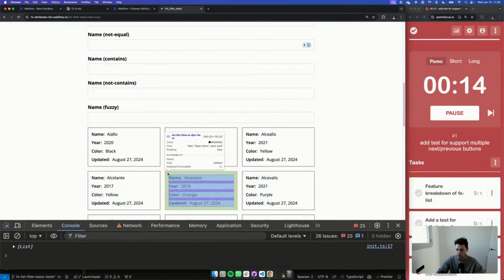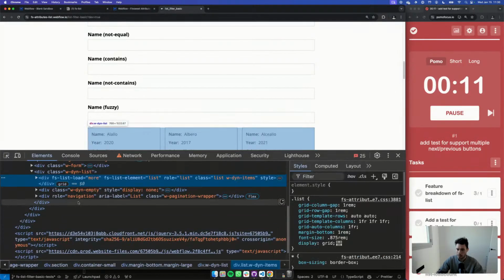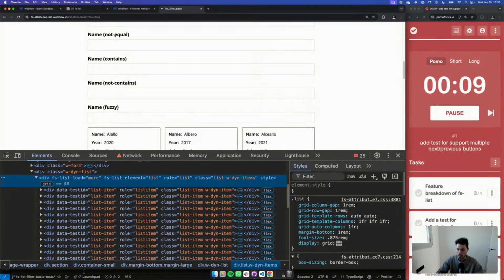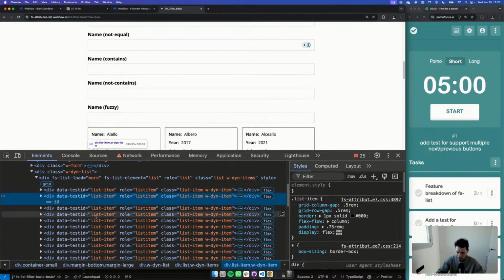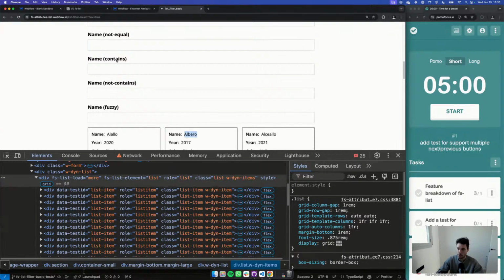Now there's another thing that I want to check, and it's how the rendering is happening. Am I optimizing it right? For example, if I type here Alvaro, the whole list should not be re-rendering. It should only remove the specific item that is not matching, but it should keep the other ones. That's the idea. So let me try. Okay, there's definitely more re-rendering that I want to.